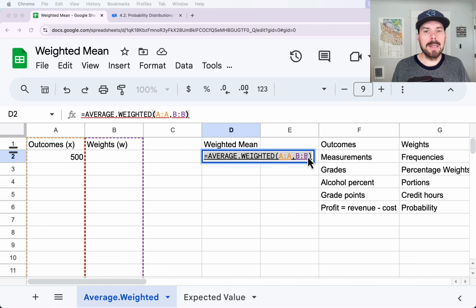This is essentially the average number that we would expect over the long run if we average, add up, and divide all the outcomes that we get. It's great for things like games of chance. If you want to know if you played a game again and again and again, would you on average lose money with a negative profit or make money with a positive profit? Of course, you do need to know probabilities for those outcomes.